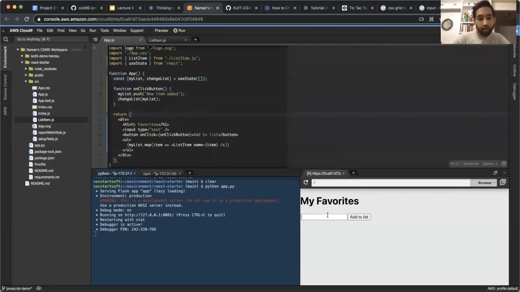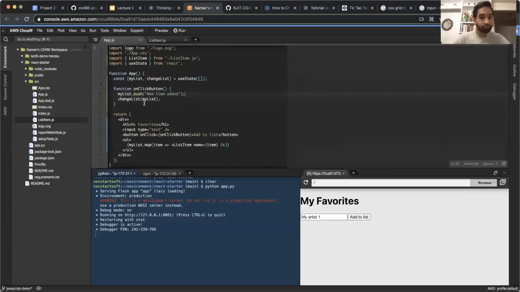So when I try this out, I type something in here and I click add to list. Nothing actually happens here. And this is actually expected because we've changed our state in the wrong way. So we only added to our existing state value, which was just kind of this empty array. But React is only going to update when you provide it a new value. So we have to create an entirely new list, not just add to something, in order to trigger the update